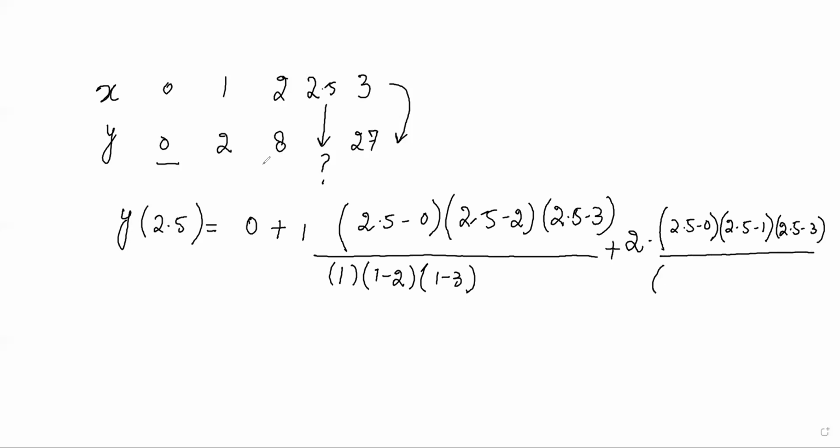x3. Our x3 is equal to 2, so it is x3 minus x1, that is 2 minus 0, multiplied by x3 minus x2, that is 2 minus 1, and x3 minus x4 will be 2 minus 3. Just a minute, so we have x3 minus x1, x3 minus x2 is 2 minus 1,